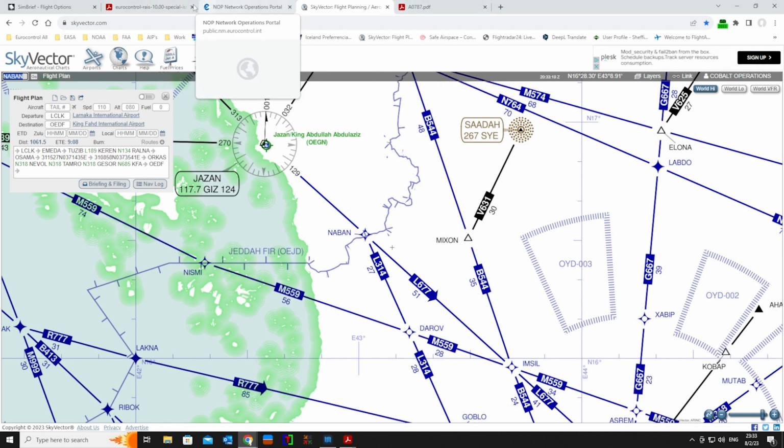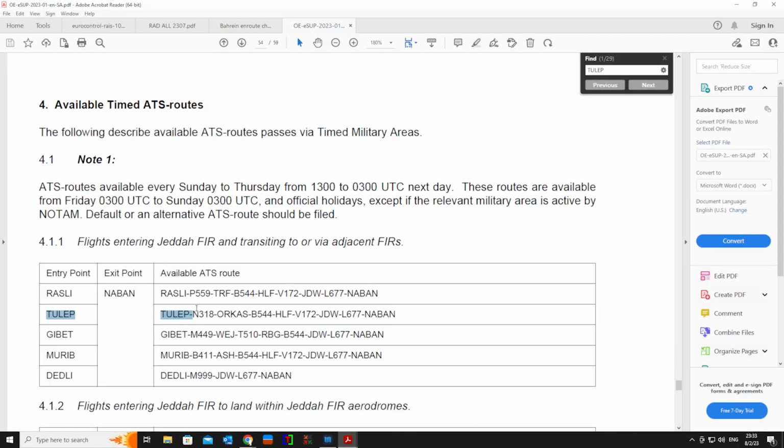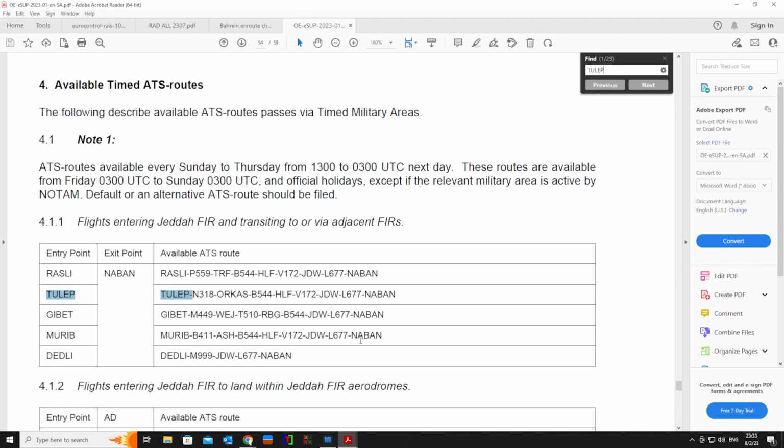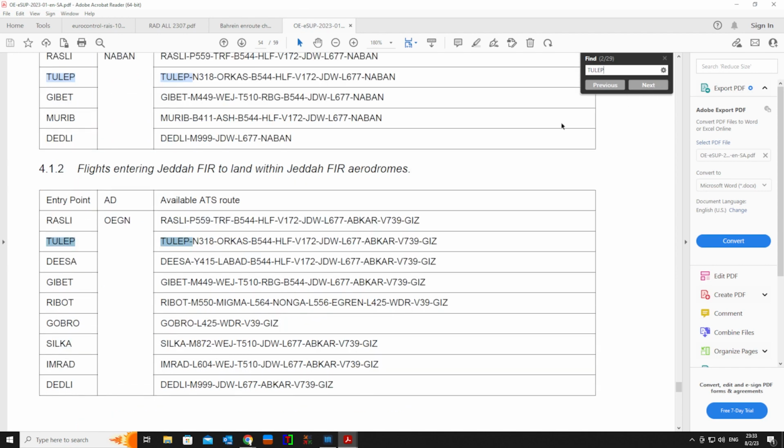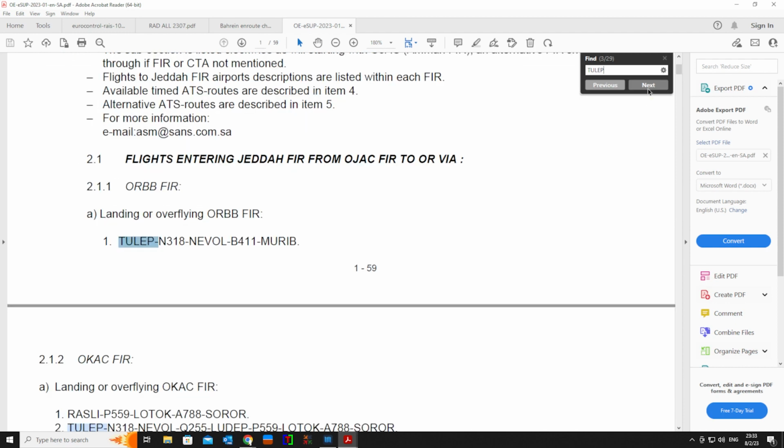Anyway, the route that it suggested, we don't like that. We don't go over there. So let's find the other one. Tulip aerodrome. You see now you have aerodromes also. Entering from Tulip, you go to those destinations. Let's say I'm not going there. Anyway, flights enter the Jeddah FIR from this FIR or via. Now, how this